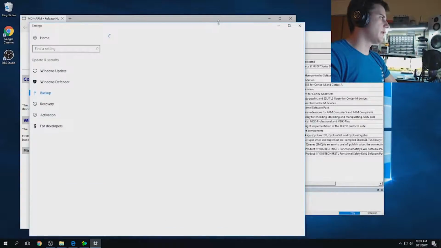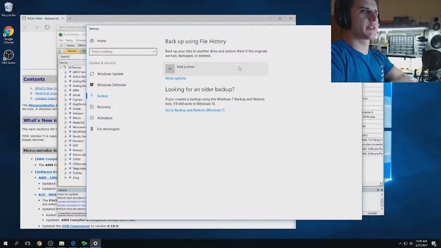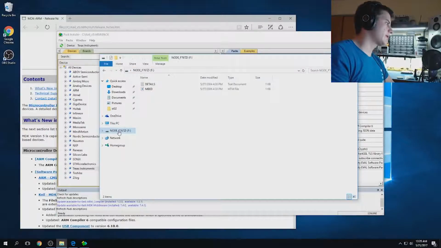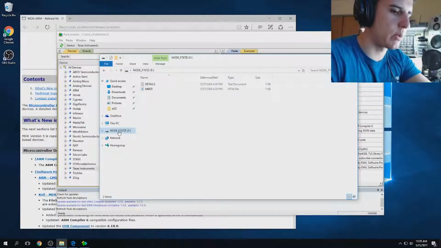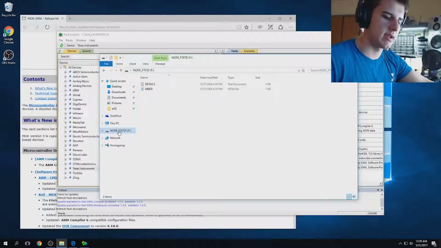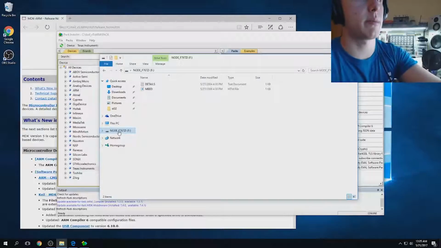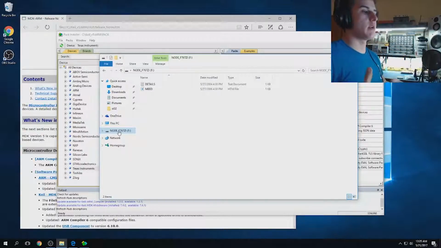So it looks like this particular board exposes itself as a USB drive, and the reason for that is it's part of a class of development boards that are known as being mbed enabled. I'm not going to talk about what mbed is. If you Google it, you can compile programs online using a much more abstracted, Arduino level of abstraction software ecosystem. Essentially, you compile it online and download the image that will go on the board, and you drag it into this folder, and the debugger will know to program the device,